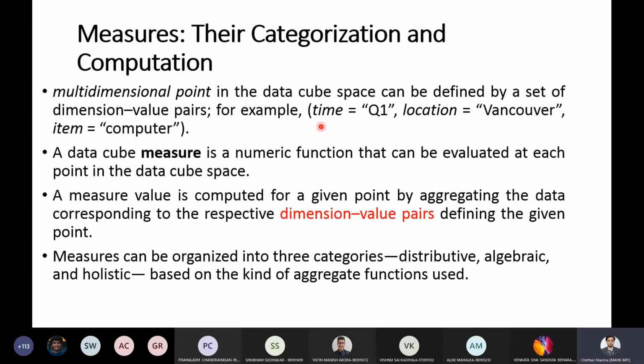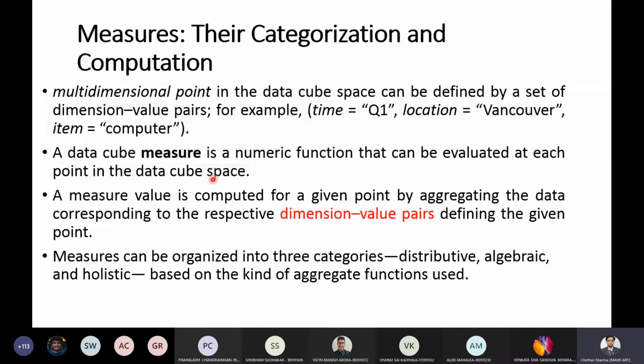For example, time is the dimension and Q1 is the value, location is the dimension and Vancouver is the value, item is the dimension and computer is the value. These dimension-value pairs are used for the data cube measure. A data cube measure is actually a numeric function that can be evaluated at each point in the data cube space.